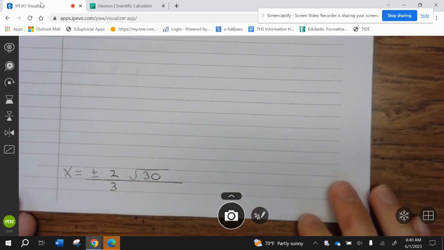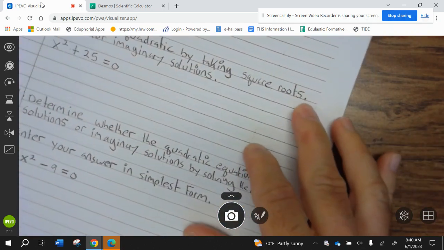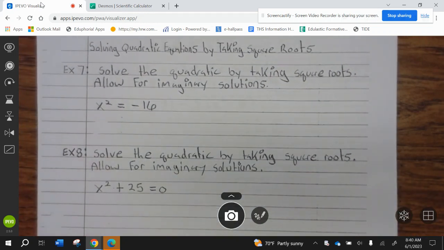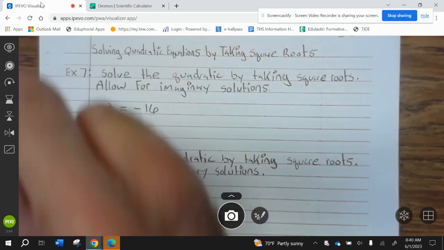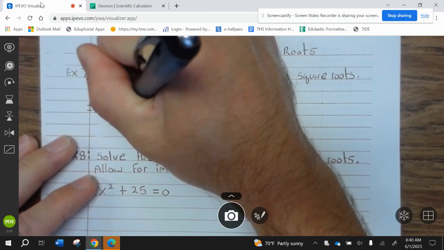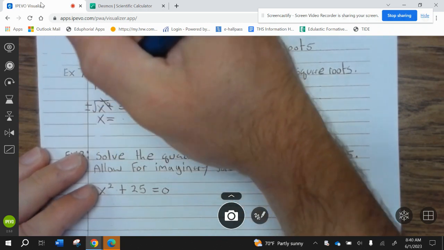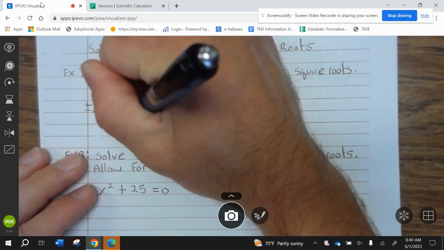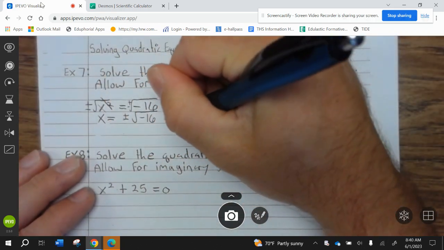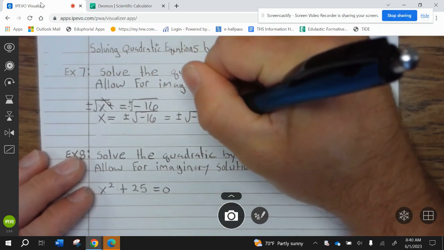All right, go ahead and finish up example 6. Let's take a look at example 7. Solve the quadratic by taking square roots. Allow for imaginary solutions. So we take the plus or minus square root of both sides. Okay. So that cancels. X equals plus or minus the square root of negative 16. But that can be written as plus or minus the square root of negative 1 times the square root of 16,